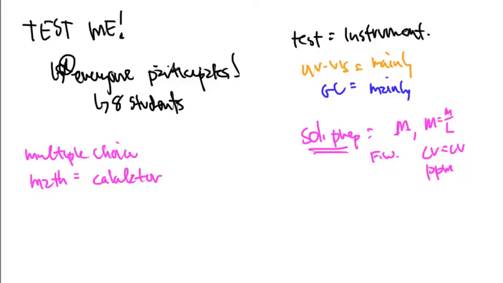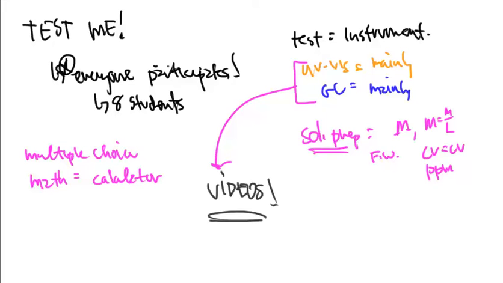The information that comes from the instrumentation section. Where do I get that from? Well, ladies and gentlemen, we have recorded a set of videos for you to watch. Every year, when we go over a piece of instrument that we want to focus on, we have spent hours recording videos to share with you. So we want you to watch these videos, and we need you to understand what this equipment's doing. And these multiple choice questions will come from those videos. So make sure that you watch them, make sure that you take notes.